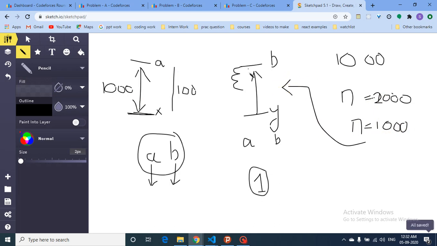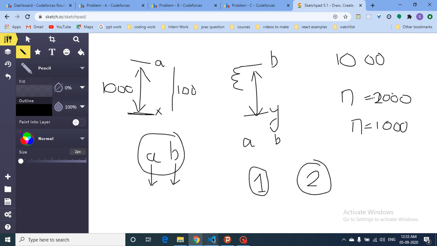Maybe b can also become equal to y, or it can linger somewhere in between, any of the cases, but you will take the rest of the n and try to decrease b as much as possible. That's the first case, and then the second case: you do the same thing for b also, in which you will try to decrease b as much as possible, and then the remaining n can be used to decrease a. That's the logic for this question.